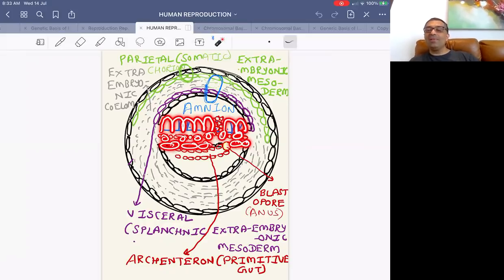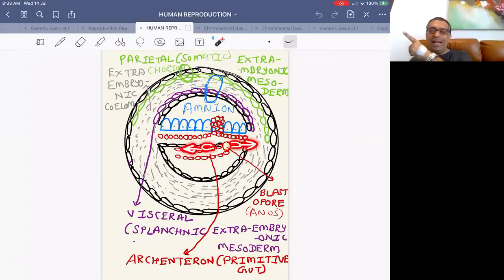Endoderm cells भी ध्यान से सुनना. So, you know that this is the procodal plate, head end है ये procodal plate. तो opposite end, tail end पे some of the endoderm cells separate out. Endoderm cells इससे separate out होते हैं और एक cavity बन जाती है, एक hole बन जाता है, and that